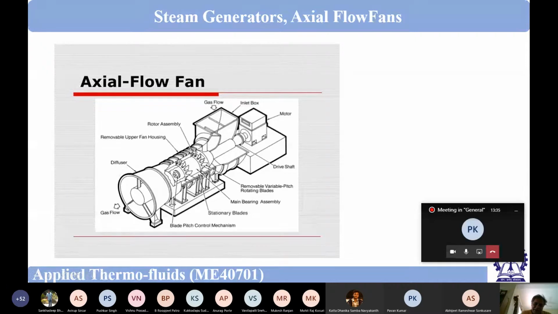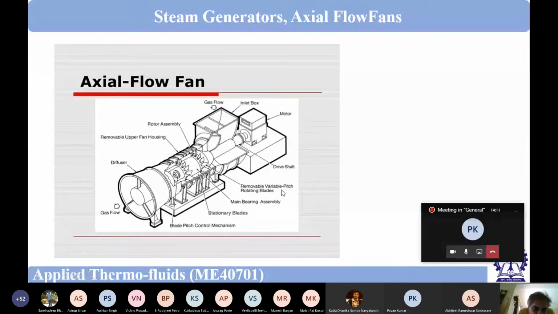So that's why in axial machines, we have the advantage of high flow rate, and at the same time, by adding more and more blade rows, we can have more pressure rise. So this is a rotating row of blade. After that, the flow will get distorted, the flow direction will change. So then there should be another stationary row of blade, which will not rotate, but which will guide the air properly so that it comes to the next row of moving blade.